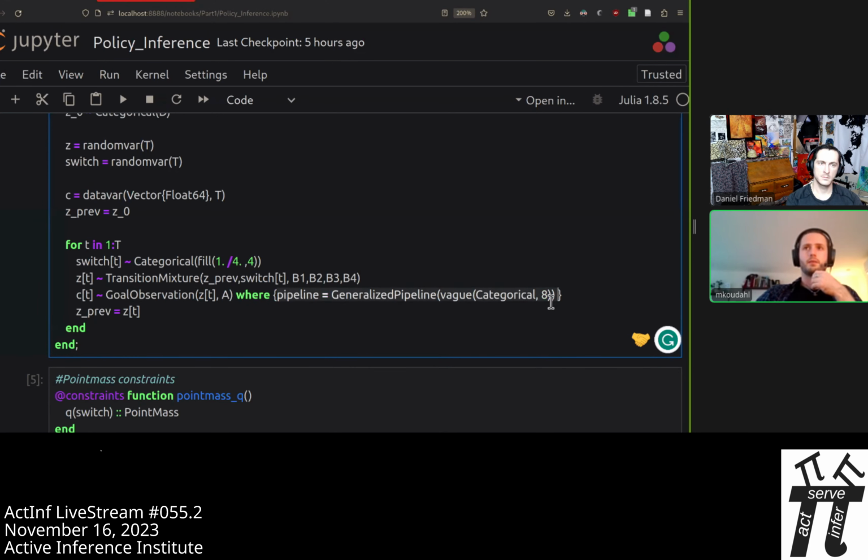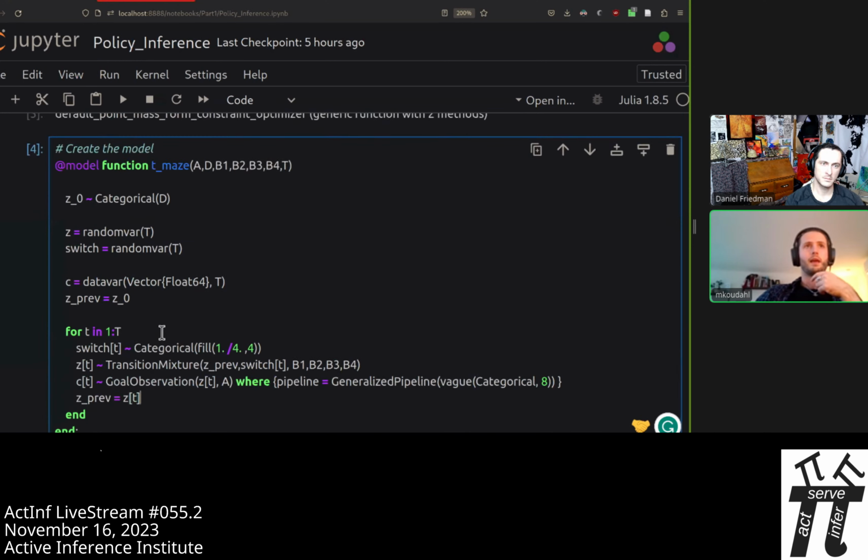This here is some plumbing that we need to get the messages to work out. So don't worry too much about this. And this is actually the model specification. This is all there is to it. Which to me is kind of nice because if we also do inference in the back end, then if I want to build models and design agents, all I really should have to worry about is to set up my model specification correctly.